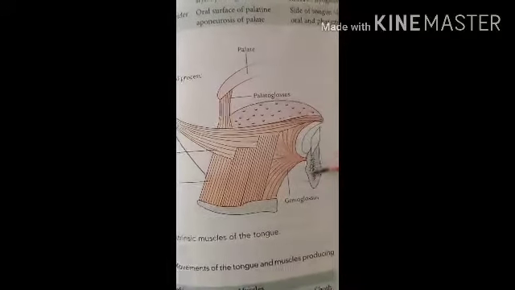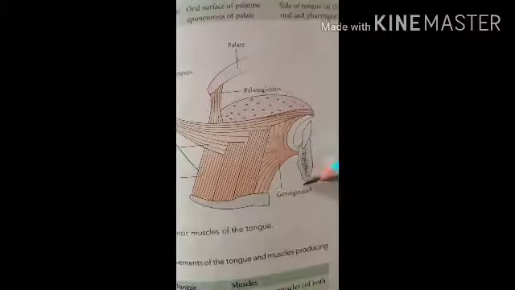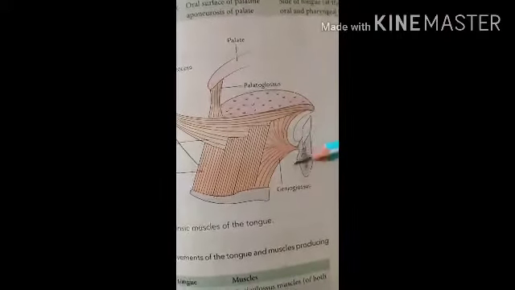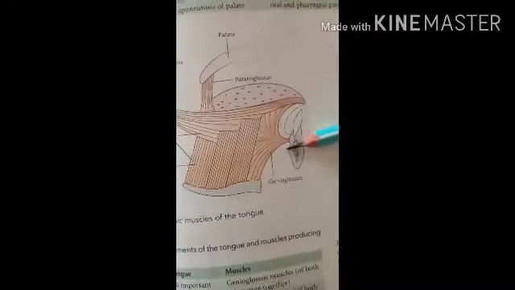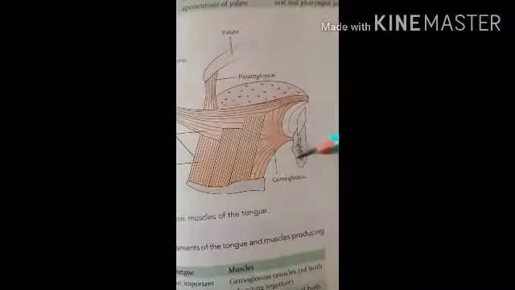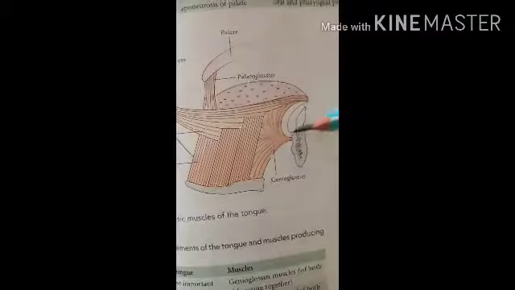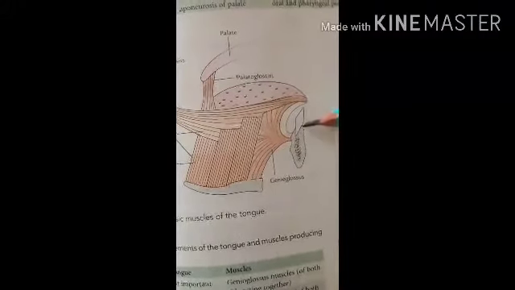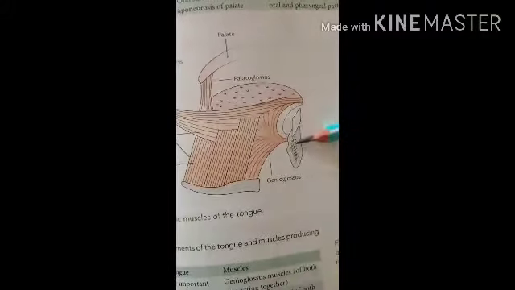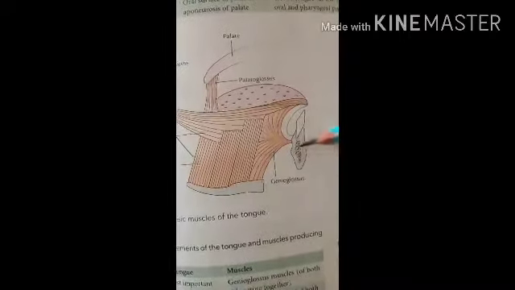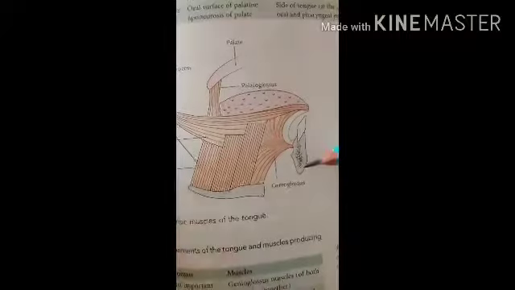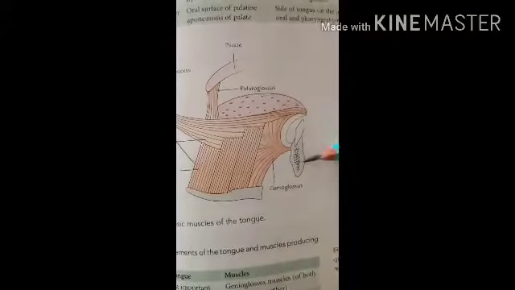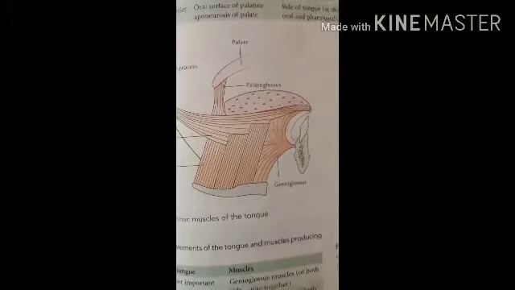Next, the genioglossus is commonly used as a clinical test of the hypoglossal nerve. The muscles of both sides acting together protrude the tongue, whereas a single muscle deviates the tongue to the opposite side. Therefore, when the patient is asked to protrude the tongue, the tongue deviates to the paralyzed side. This shows the side of the lesion of the hypoglossal nerve.